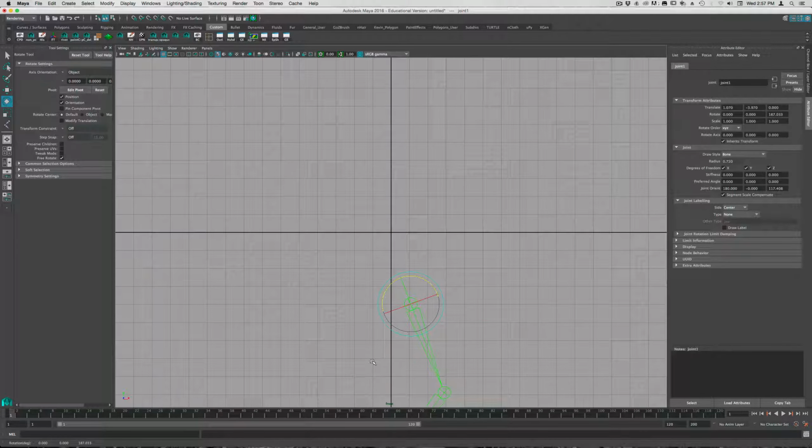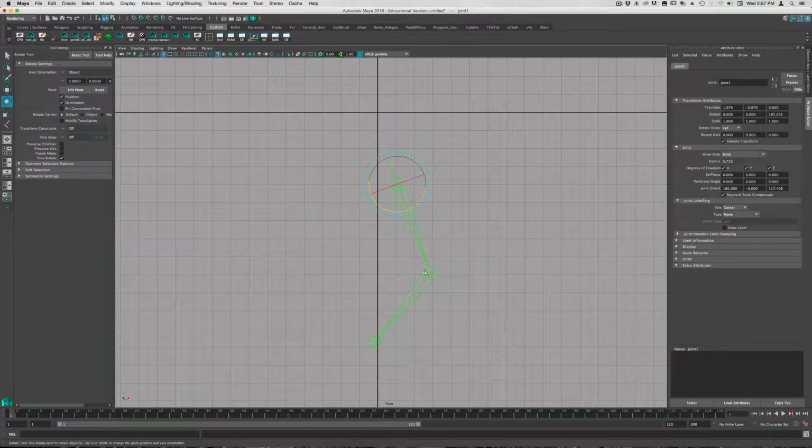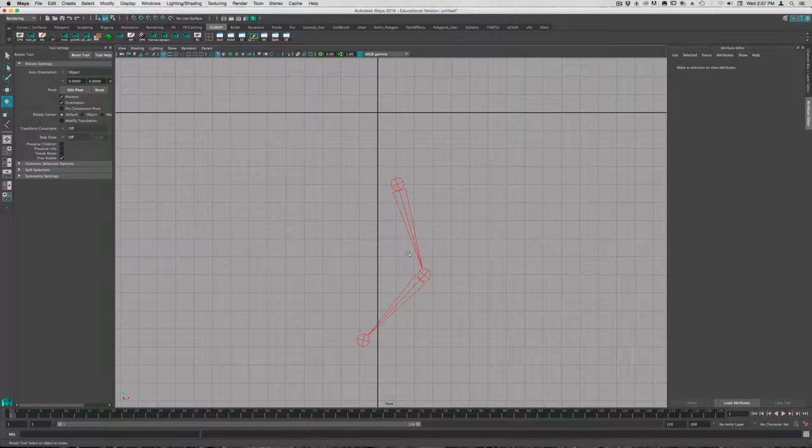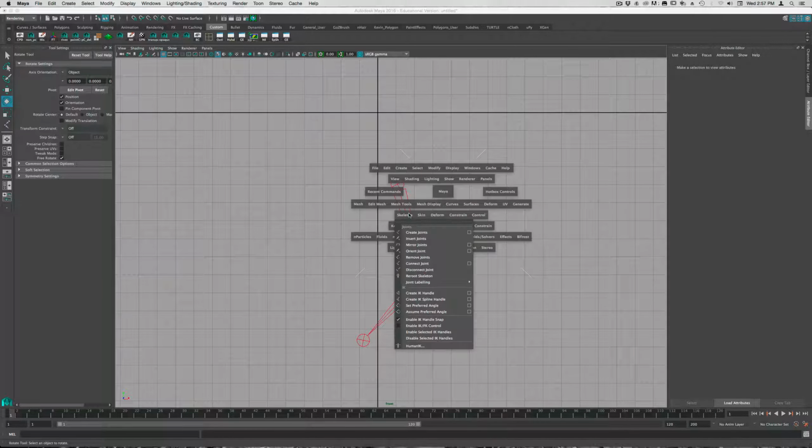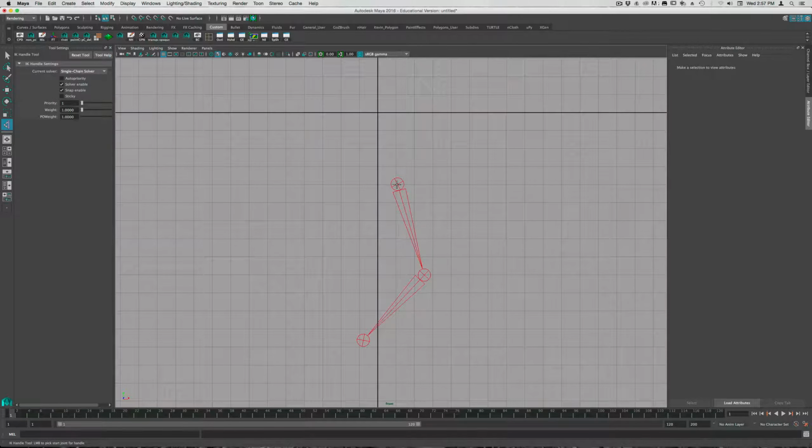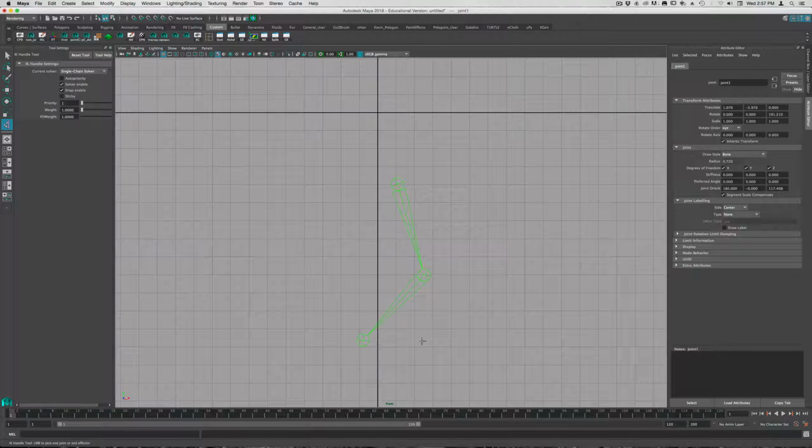So maybe it's easier to see if I do this. Imagine that's a shoulder. This is an elbow. This is the wrist. If I rotate the shoulder, the elbow and wrist will follow. If I rotate the elbow, the wrist will follow, but not the shoulder. So inverse kinematics works to reverse that order of operations. If I go to Skeleton, Create IK Handle, and just click on the shoulder and the wrist,